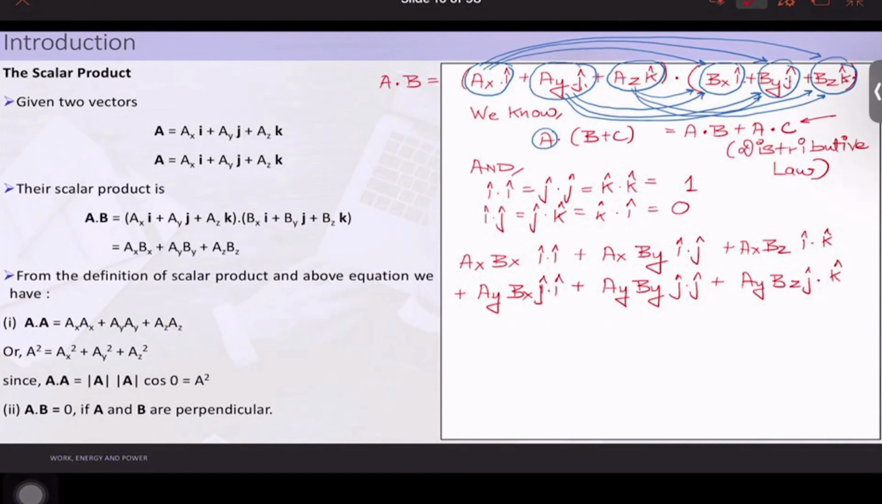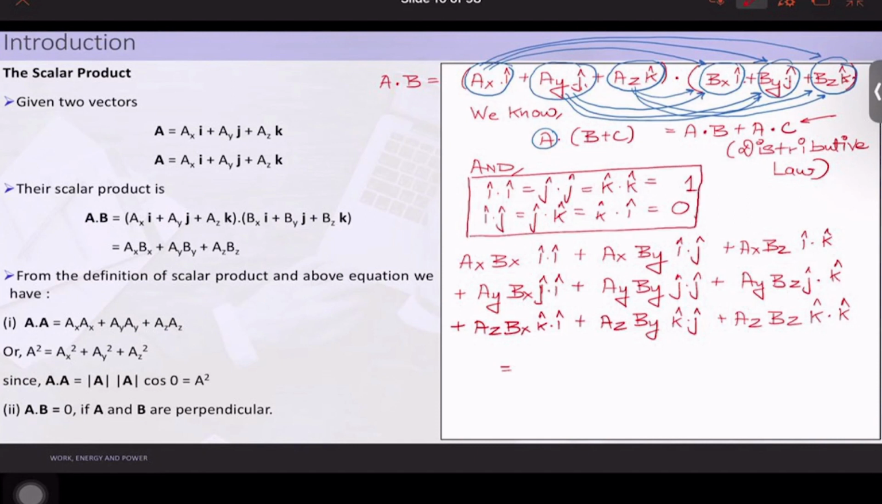Okay. Again plus, so this time it will be AZ multiplied with first it's BX, so it's K cap dot I cap plus AZ into BY, that is K cap dot J cap plus AZ into BZ K cap dot K cap. Okay, so this is the final formula which we got. Now let us try to use these